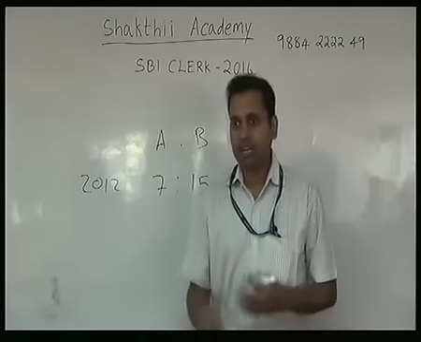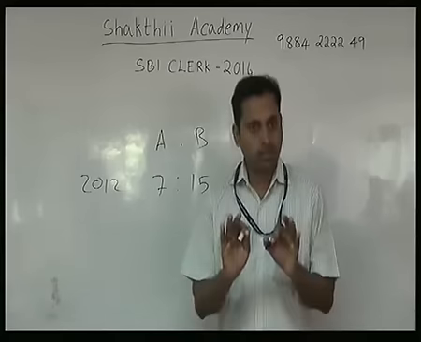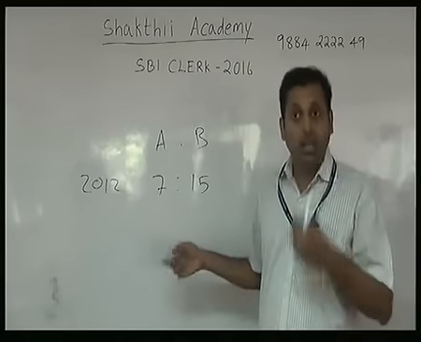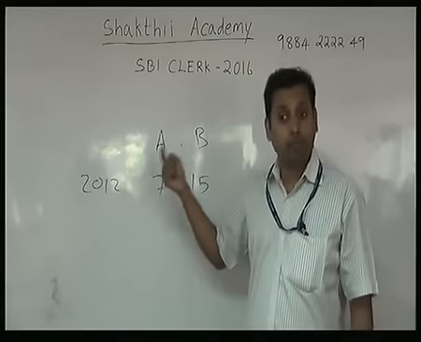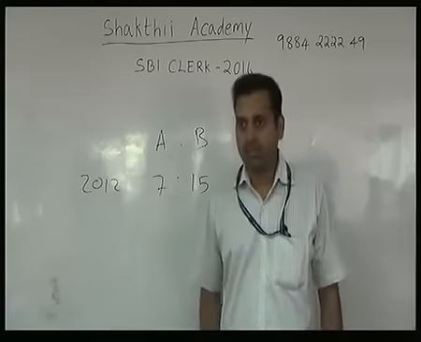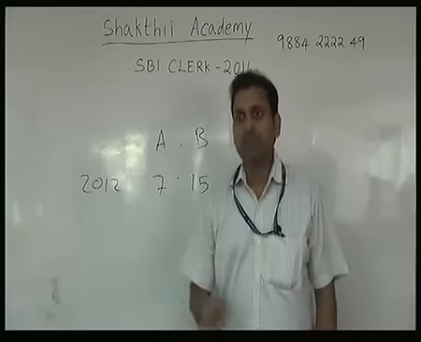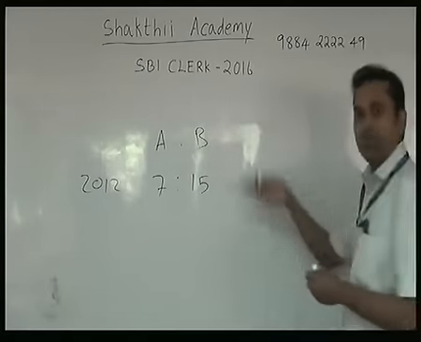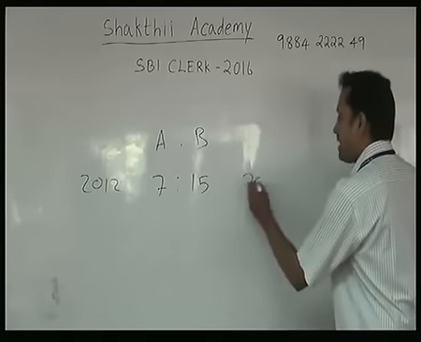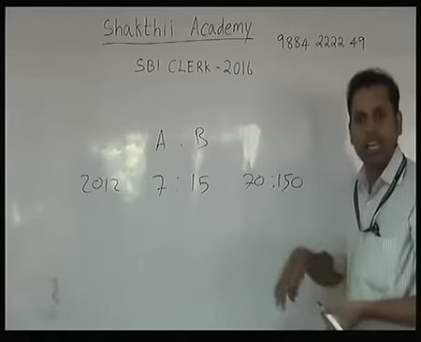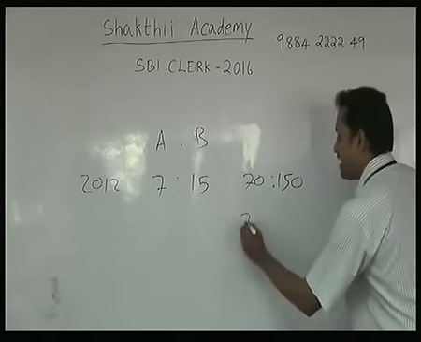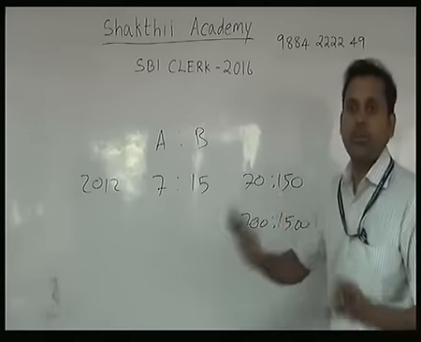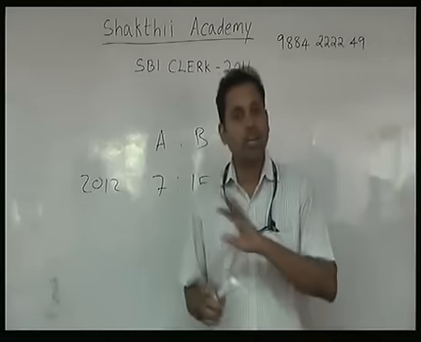Now I am running out of time, so I cannot explain that. You may have in your mind that it is not the original value, it is only a ratio, so how is it possible to find another ratio using this ratio? But you don't have to think like that. Try later: keep 7 and 15 and take the same percentage. Similarly, keep 70 and 150, or 700 and 1500, and calculate the same percentage. You will get the same ratio in the final answer. The answer will not change.